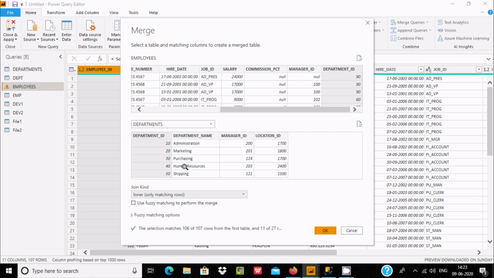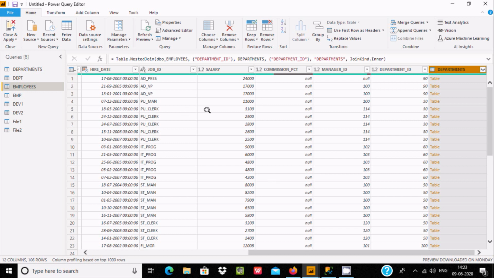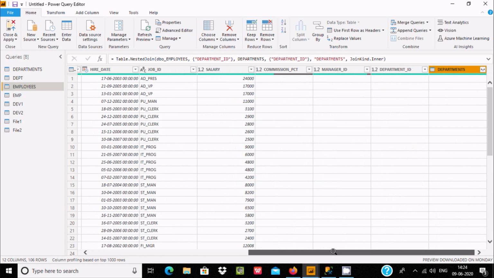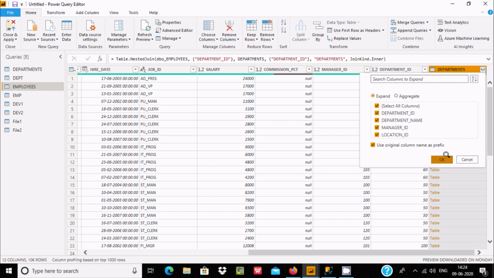This is the condition: department ID of employees and department ID of the department table. When both are equal, then they merge. The employees table record comes at the left place. Now click OK.